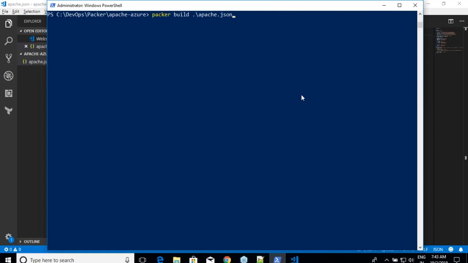So whenever you do Packer, what happens? A new resource group is created. In that, the virtual machine will be created, and all the things that are required for a virtual machine to work are created. Your provisioning is done. Once the provisioning is completed, then it will create an image and store it into your resource group. Am I clear with this? Okay. Now let me execute this. Sorry.